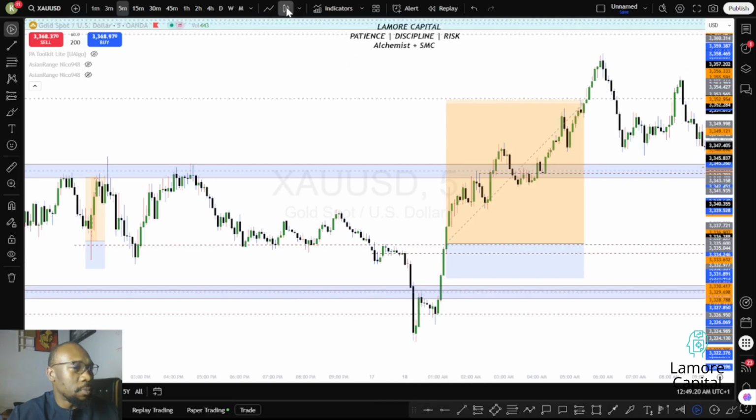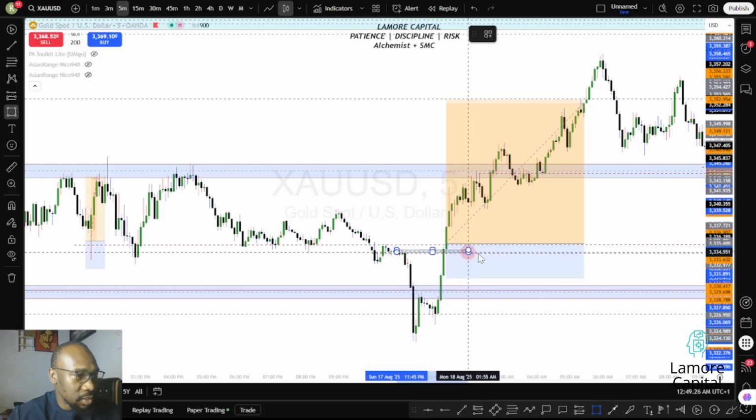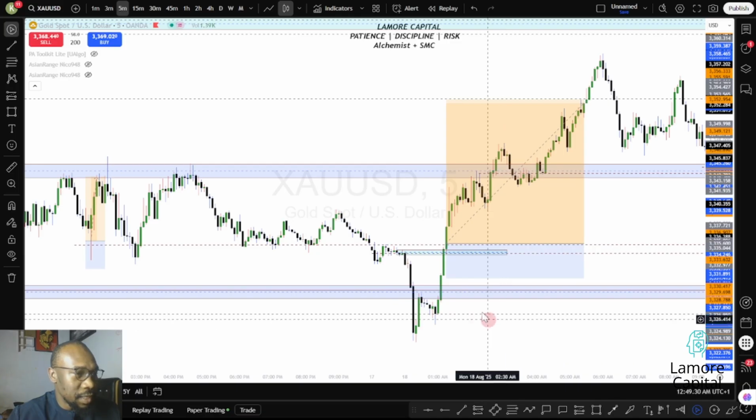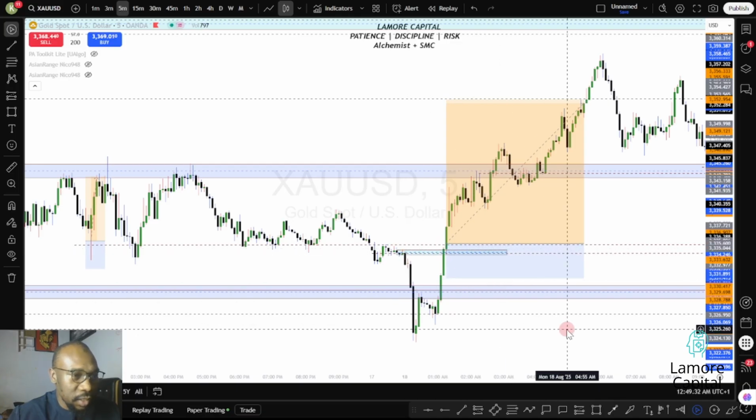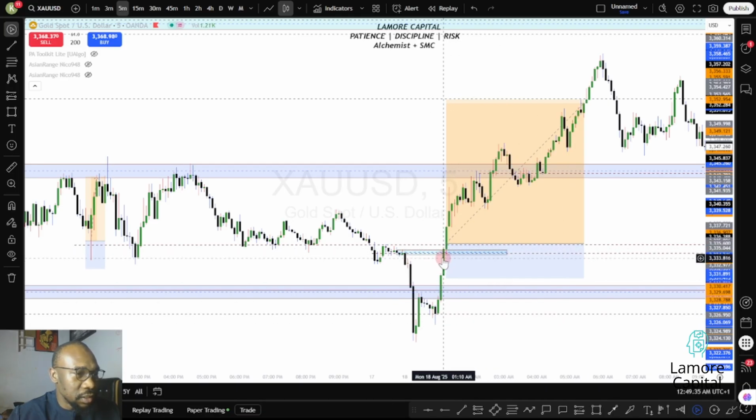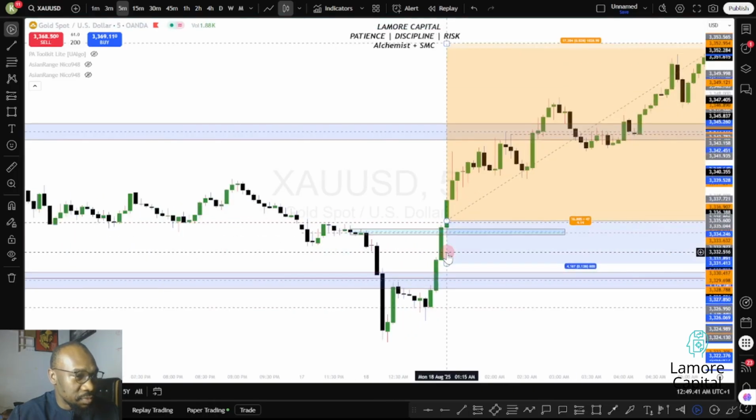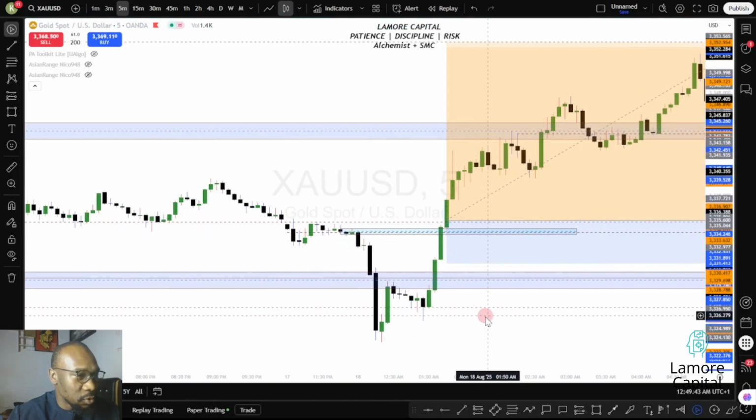So what happened here? This is my breaker here. This particular candle is what I would use as my breaker block. That is my breaker there. And immediately this particular candle closed above it. What I was looking at was a retracement into this level, and that was what happened. Can you see? Retracement back into the level, and it triggered me immediately.